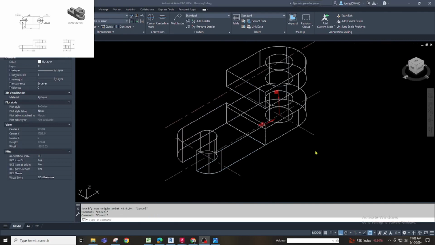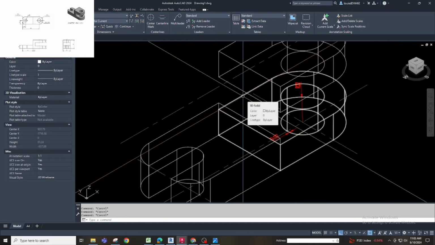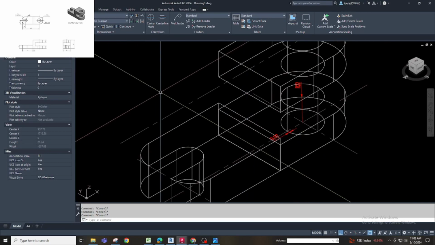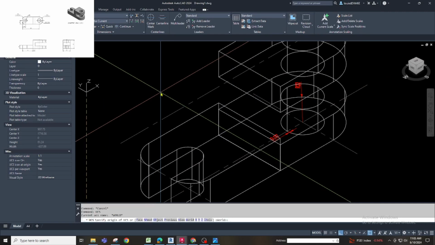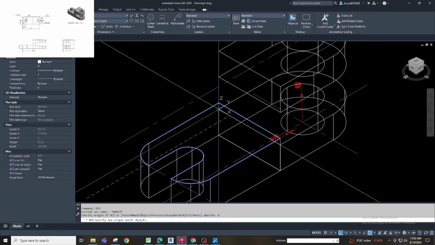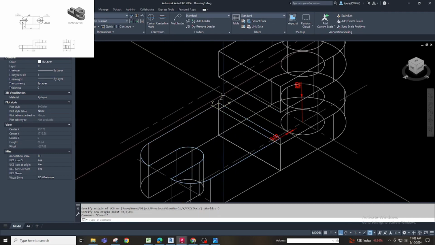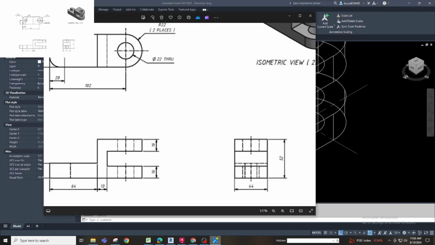Guys, the next thing you will do is this part. So make your UCS object so you can draw our next object.